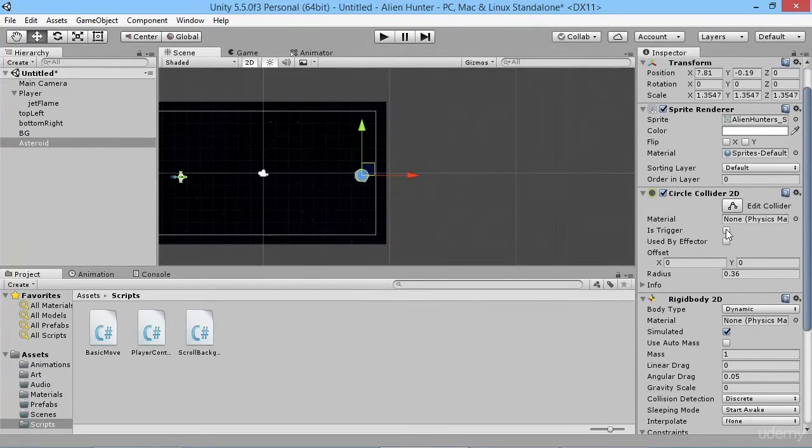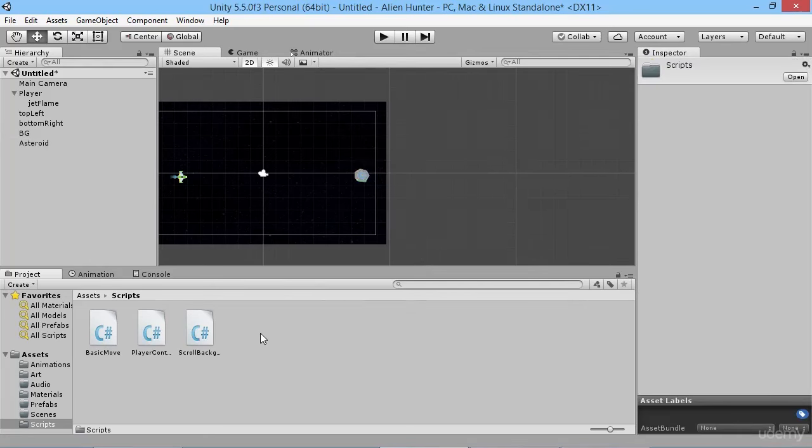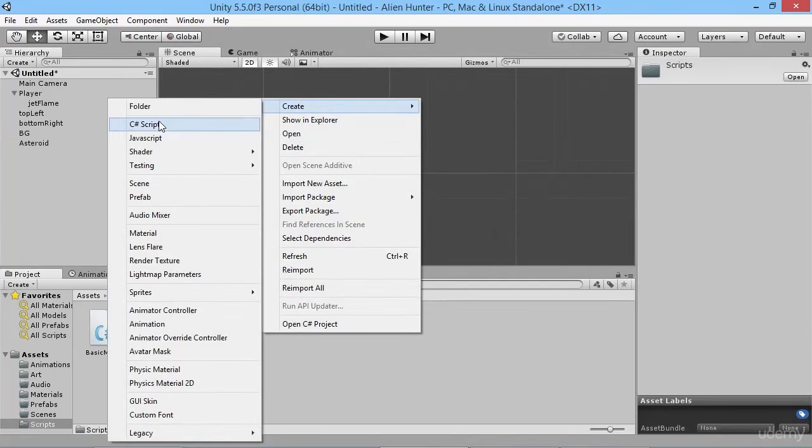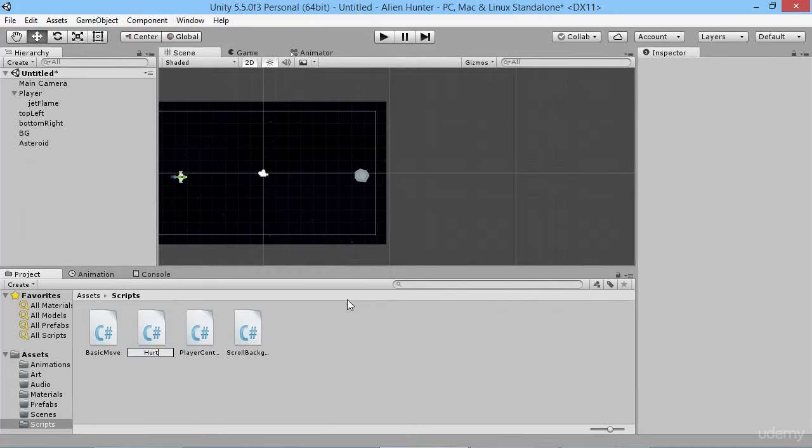So this one asteroid, we're going to make it a trigger so that our player can't actually interact with it in any way. But now that it's a trigger, our player can enter into it and we can do some scripting to make it do damage to the player. Basically, if our player runs into the object, our player will blow up. So to do that, we're going to create a new C# script that we'll call hurt player,